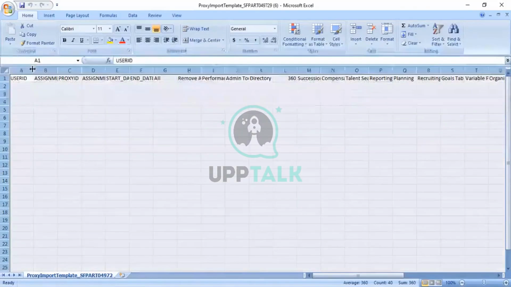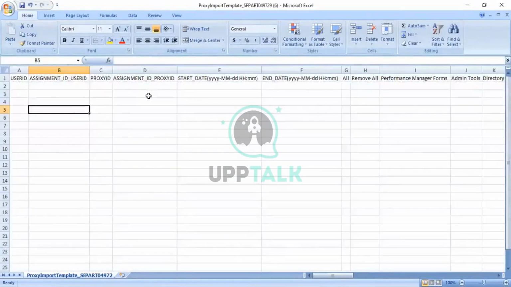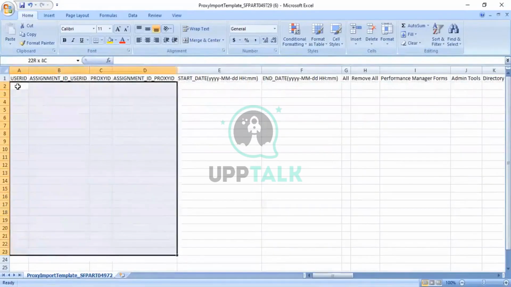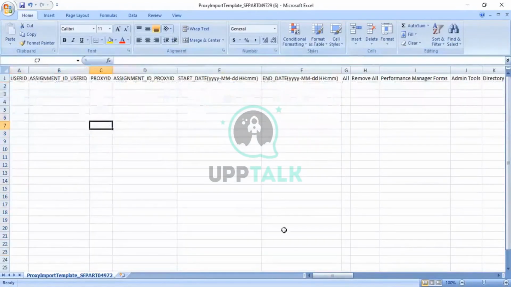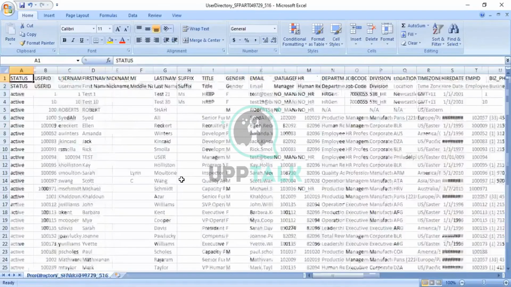When I go here, the first one we need to do and the second one. When you are using a template here, you can use it for multiple users, bulk users. You can assign the proxy to the users at a bulk level. Got it? How you will go and do it again, you need to download the template. Suppose you are opening the sheet